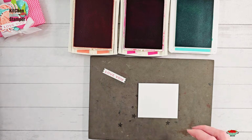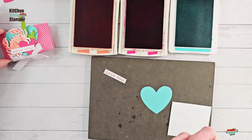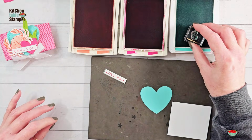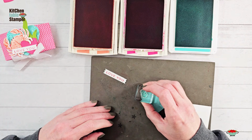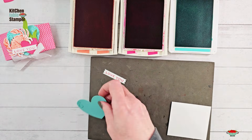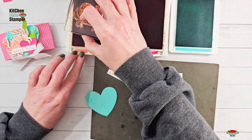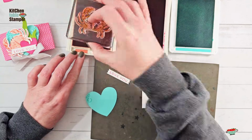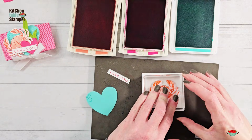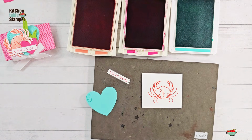Then we're gonna stamp some bubbles on our heart. Got these little three bubbles here. I'm gonna put them right up in the corner just to add a little bit of interest, a little bit of texture. On the back of there, our crab is Calypso Coral for the outline. And then we're gonna color in